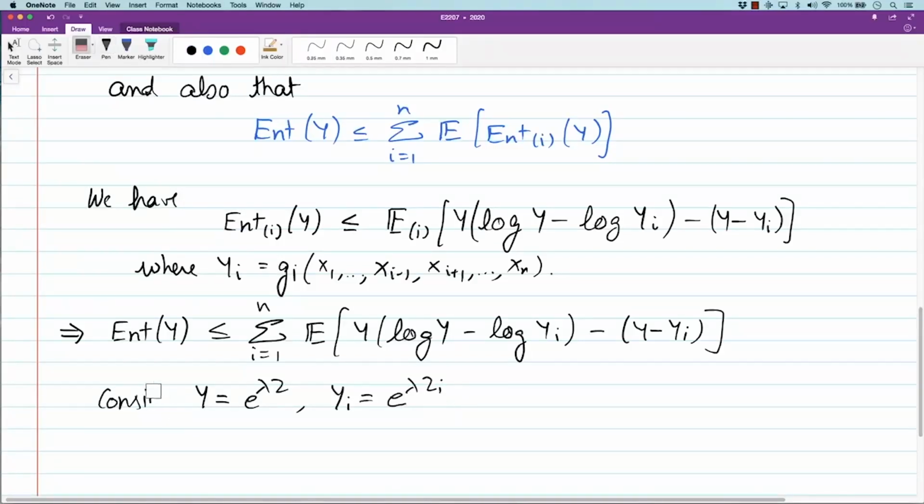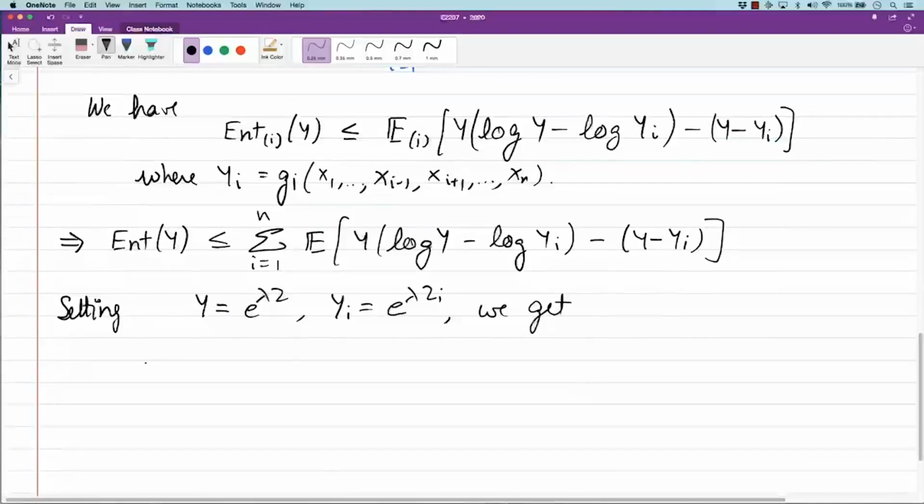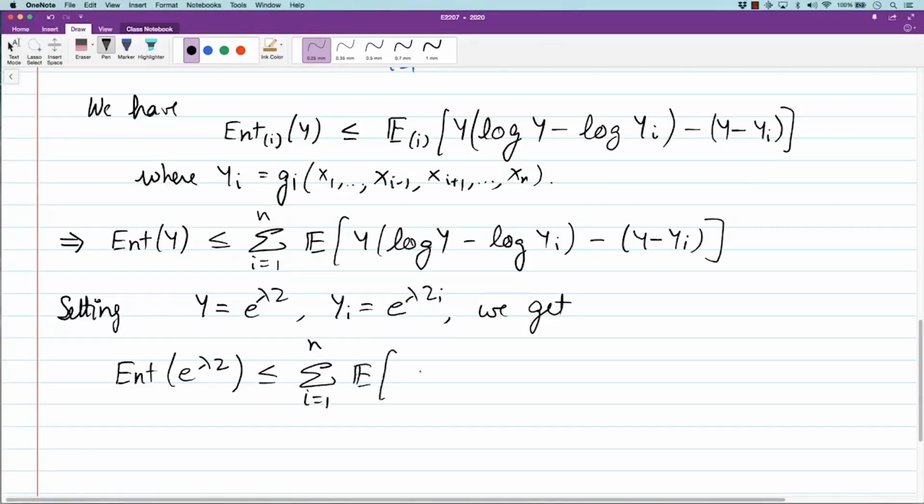Okay, so setting these two values, we just substitute. Entropy of e to the power lambda z is less than or equal to summation i equal to 1 to n expected value of y, so e to the power lambda z into